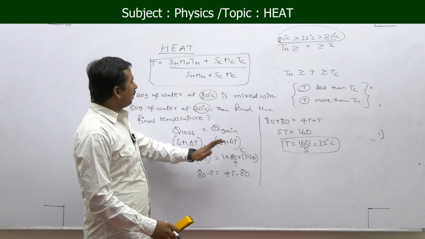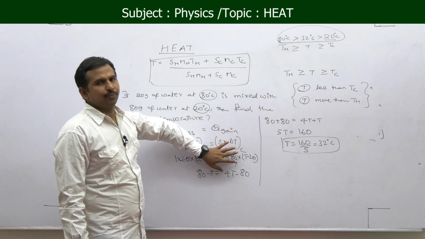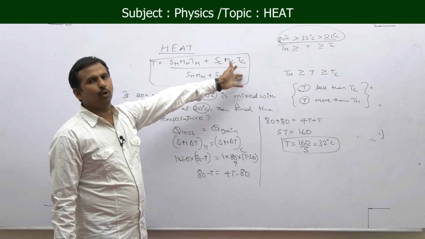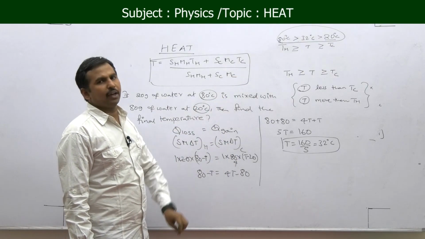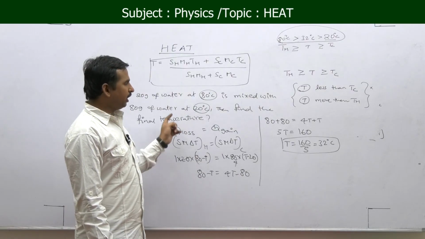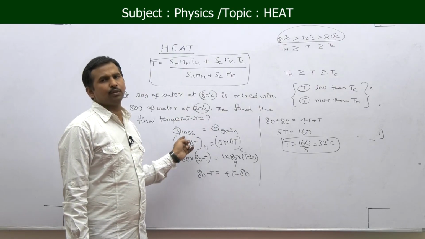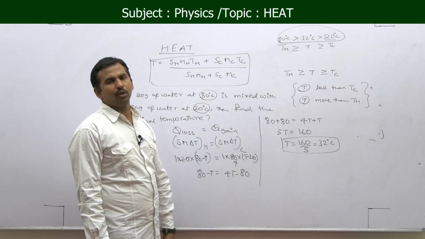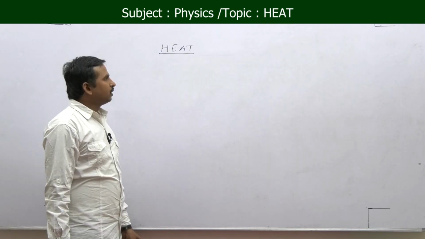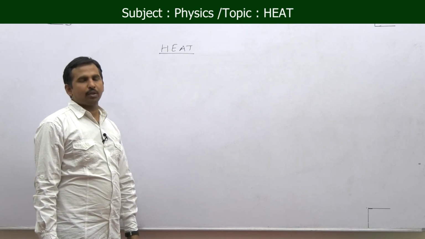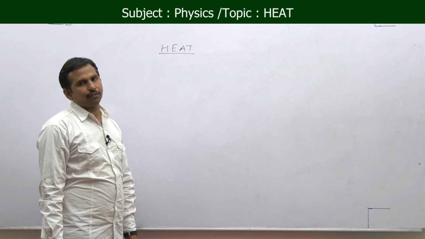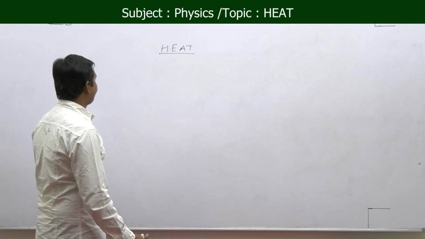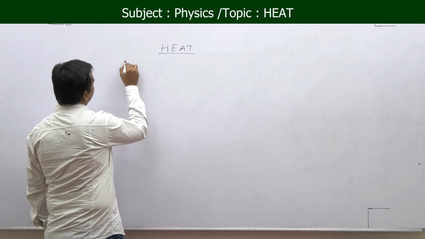In this way we can solve for the case of principle of calorimetry and we can get the final temperature, and we are taking the case of the same specific heat capacity for hot water and for cold water, that is. Now, after specific heat capacity and the principle of calorimetry, we are seeing another important one,